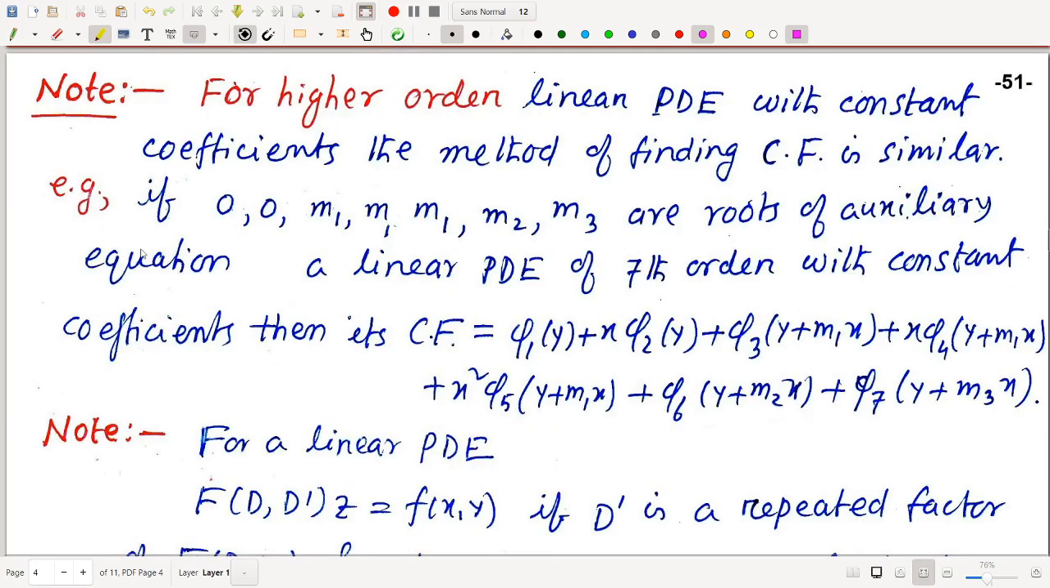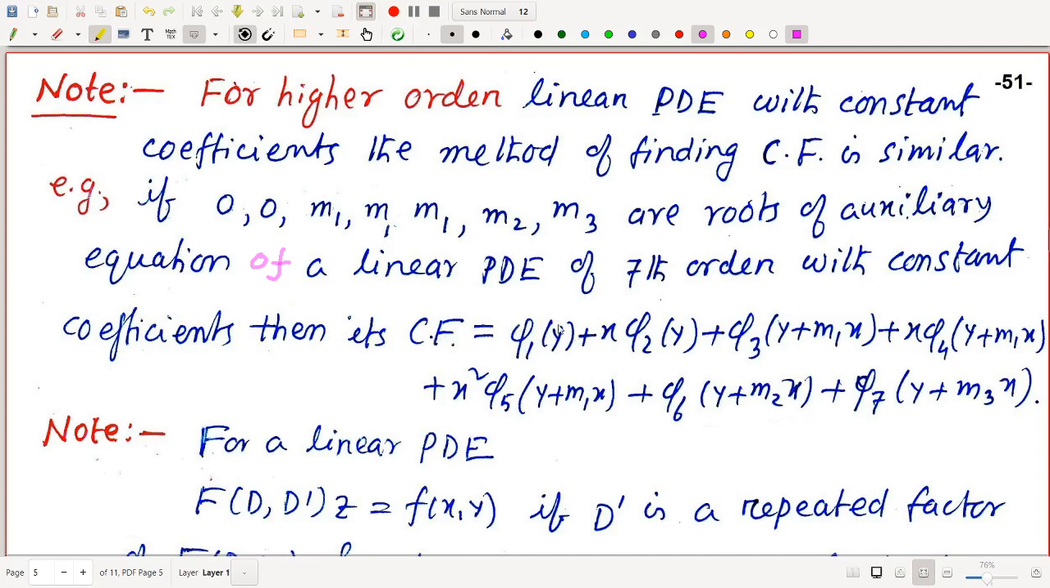Okay, so we have seen the method of solution for a second order homogeneous linear PDE. In the note here we see that for higher order linear PDE with constant coefficients, the method of finding CF is similar. For example, if 0, 0, m1, m1, m1, m2, m3 are the roots of the auxiliary equation of a linear PDE of 7th order with constant coefficients, that is 7 roots, 0 appearing twice, m1 appearing thrice, m2 and m3 different, then its CF will be